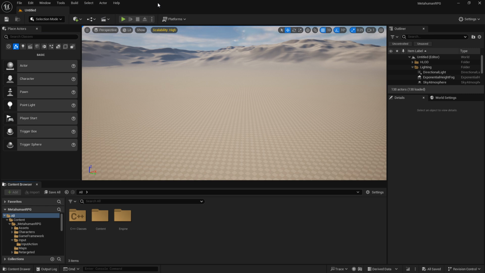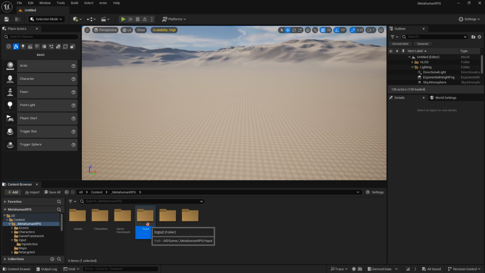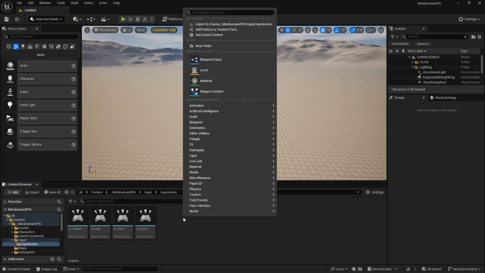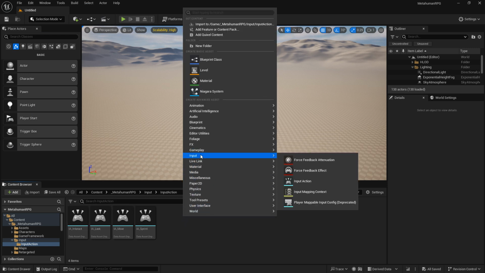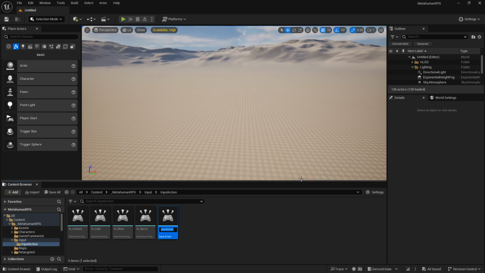We're going to start this off by adding our jump to our character. So go to your all, then go to content, Metahuman RPG folder, input folder, and input action folder. In here, we're going to right click and go to input and then input action. And we're going to name this Meta